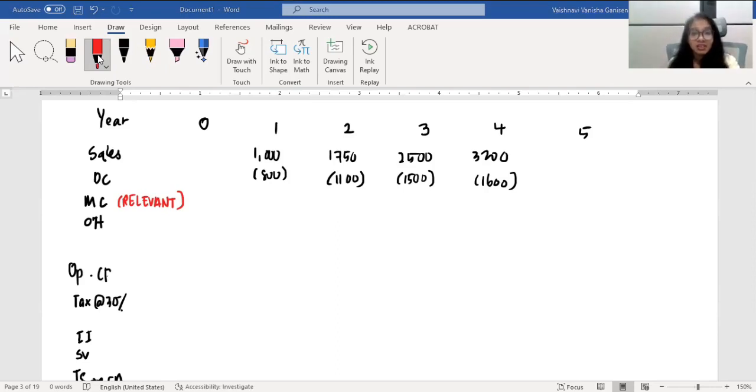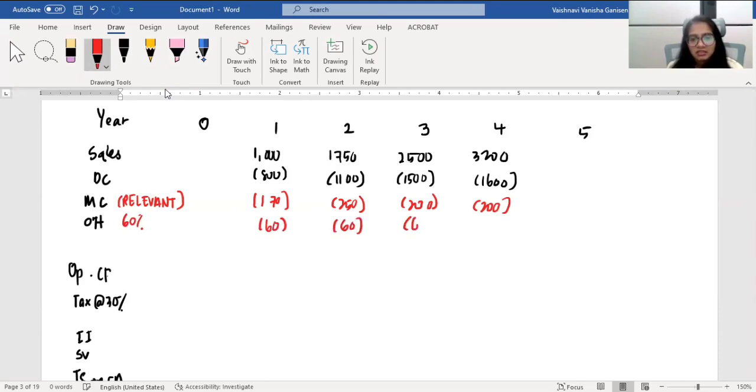What is the value that is relevant? 170, 250, 200 and 200. All right. And then your overheads, which is only 60%, 60,